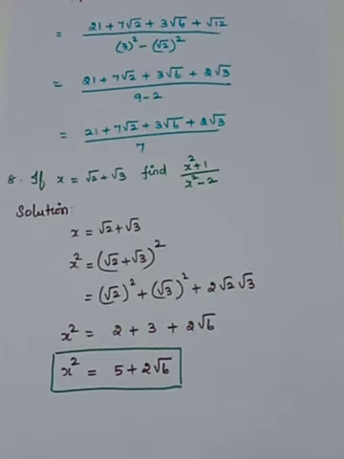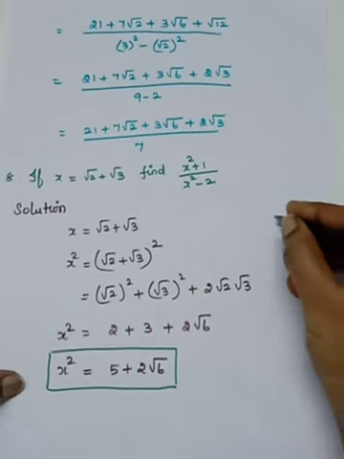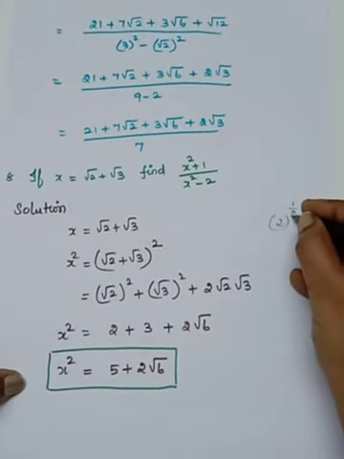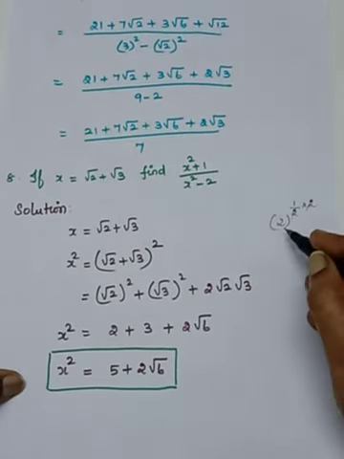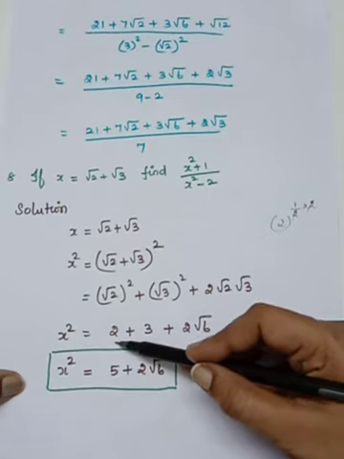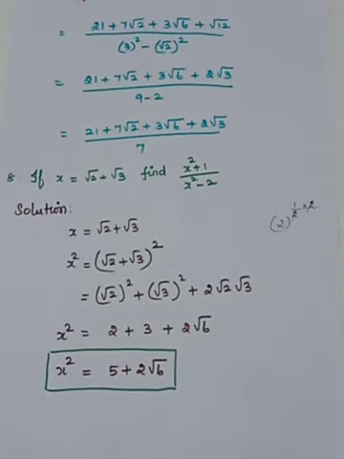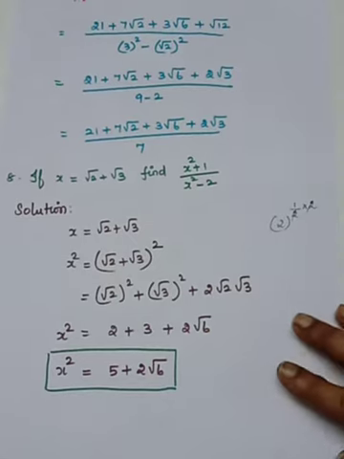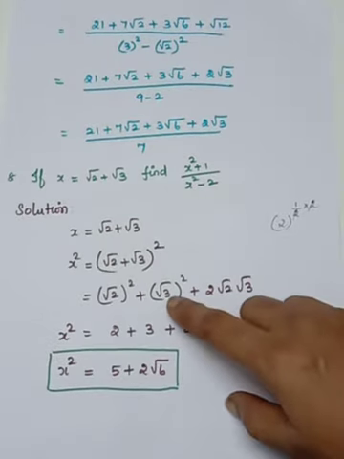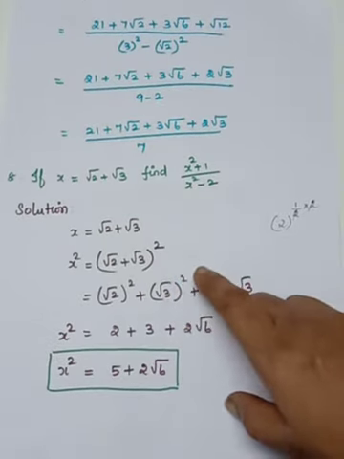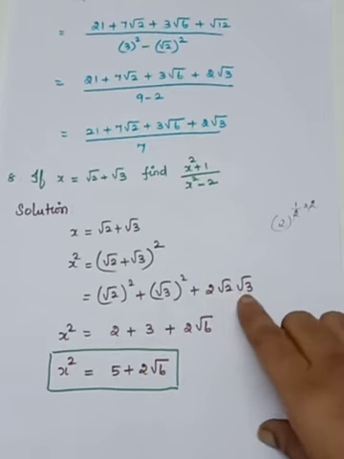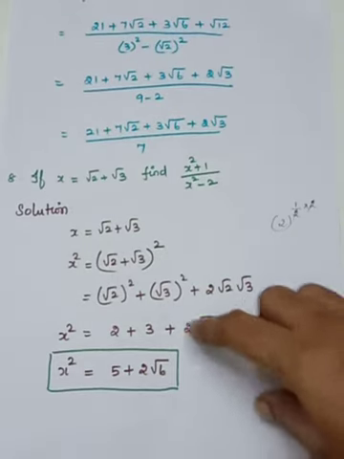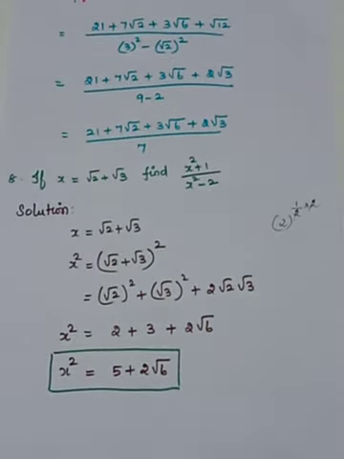Root 2 is nothing but 2 power 1 by 2, to the power 2. So this 2 and this 2 get cancelled. You are getting the answer as 2. In the same way, b squared. What is it? Root 3 the whole squared. So this can be written as 3 power half to the power 2. So that is 3. Plus 2ab, 2 into root 2 into root 3, that is 2 root 6. What is 2 plus 3? That is 5. So 5 plus 2 root 6, that is your x squared.